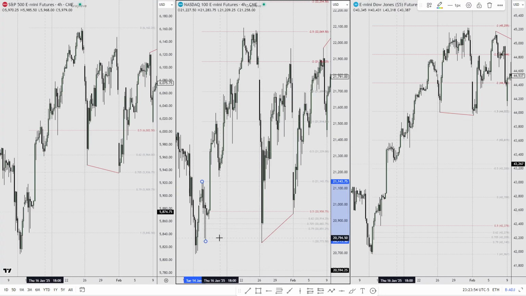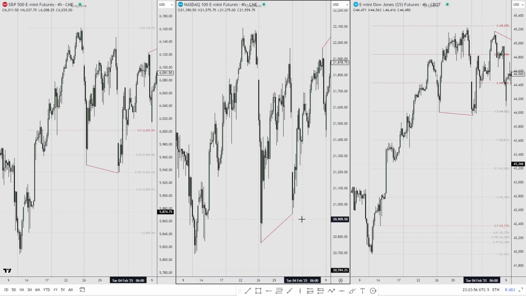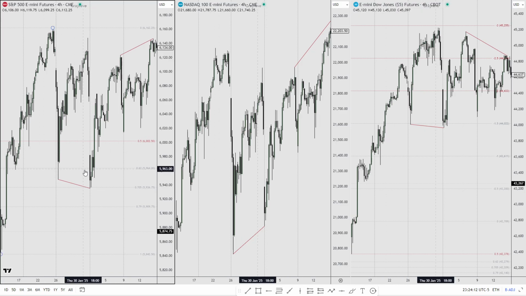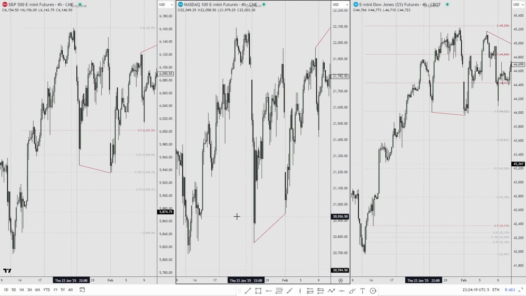Okay, so in this case, we open up in Q4 higher. Right here we have another SMT between Q4 and Q3. So in this case, it validated ES to move higher. So ES was the more bullish asset in this run higher, because it has respected bullish PD raise when NQ